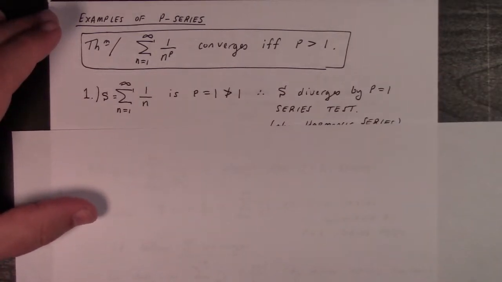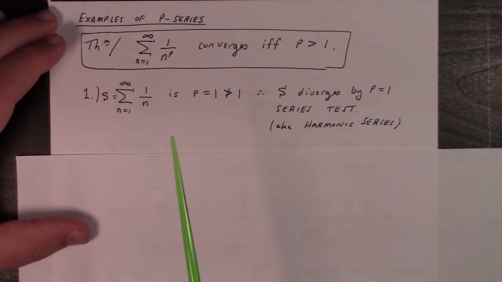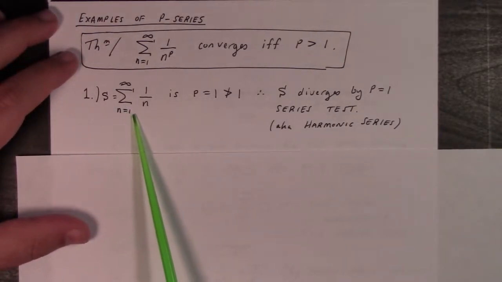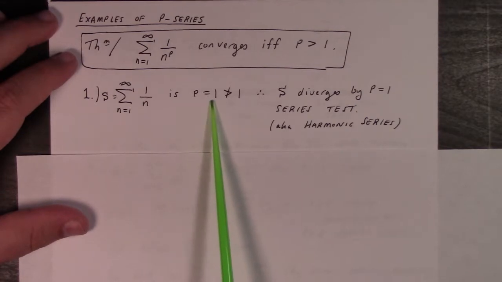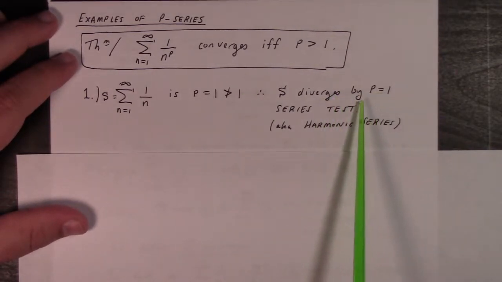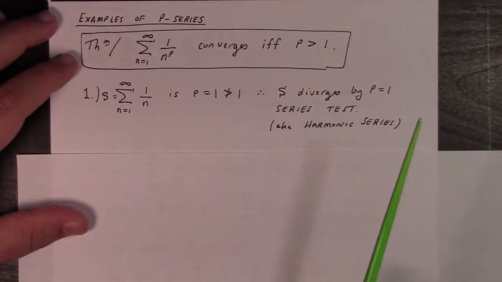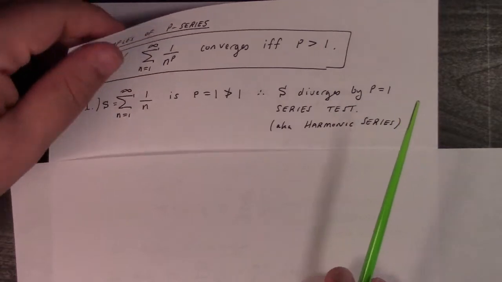Alright. So as my first example, as you can see, sum n equals 1 to infinity of 1 over n is p equals 1, which is not larger than 1, and therefore it diverges by the p equals 1 series test. In other words, by the way, this is called the harmonic series. Moving along here,